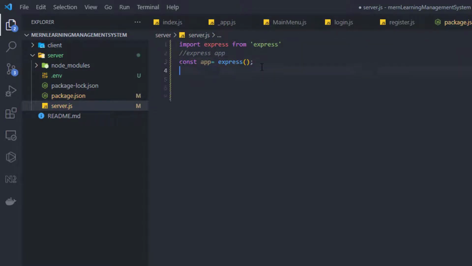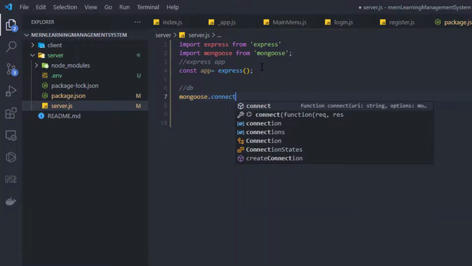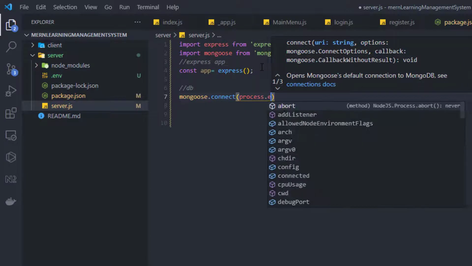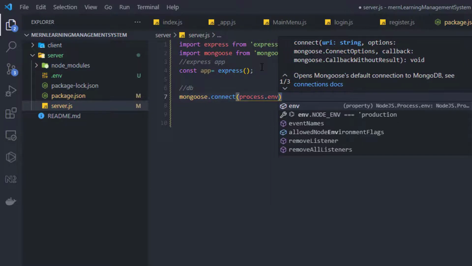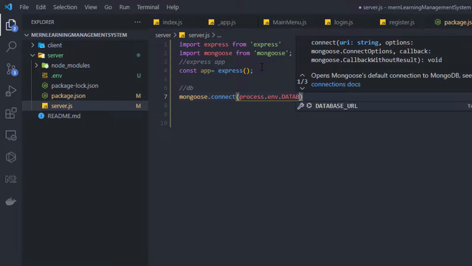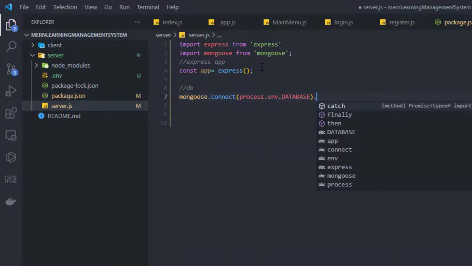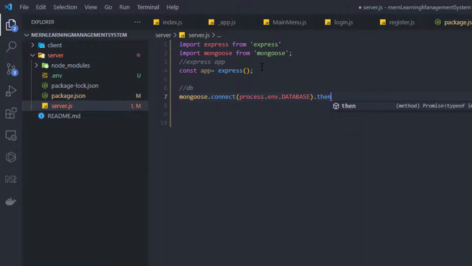Okay, then we go for the database. We need mongoose.connect, then process.env.database. We will bring the database from the env file. Then we need then